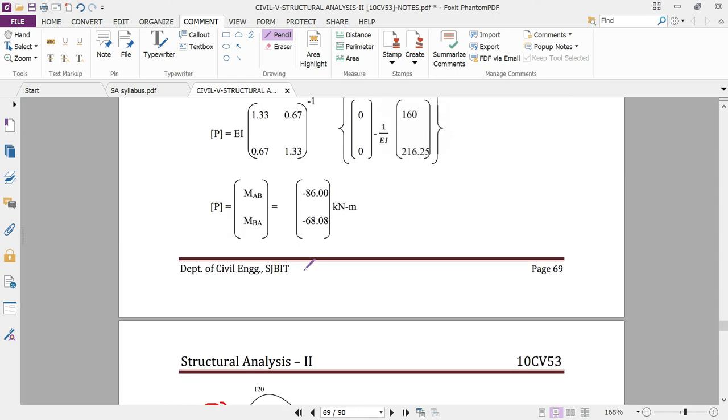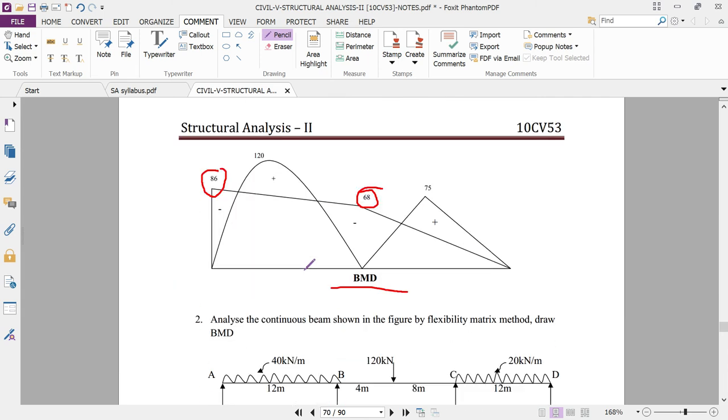So what is the basic of the flexibility method is that while solving the indeterminate structure, that is a beam or a frame or a portal frame, first of all you have to identify the unknowns. After identifying the unknowns, you have to mark or replace that particular unknown in the form of a redundant, and by considering that redundant in this particular matrix equation, you can put this value and you will get the final outputs. So this is a particular example of the method.